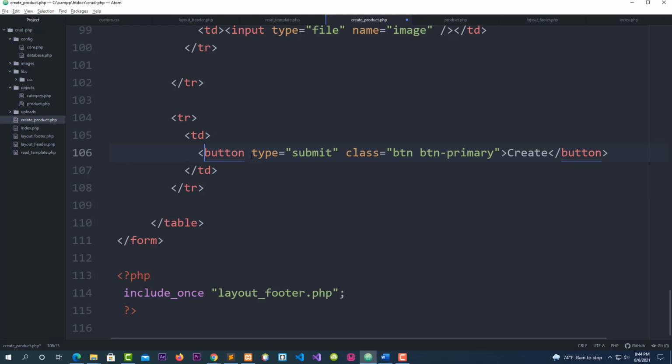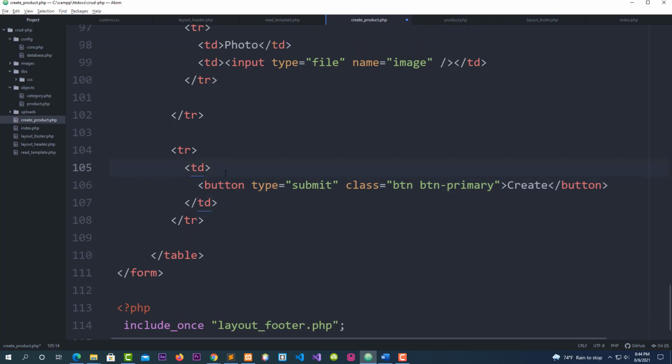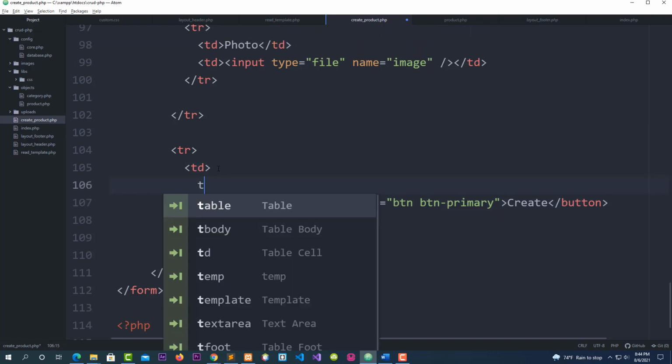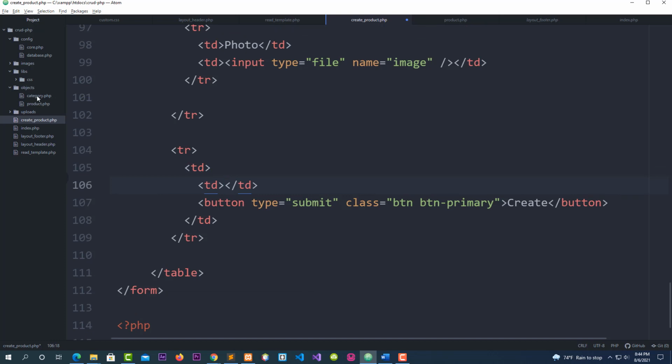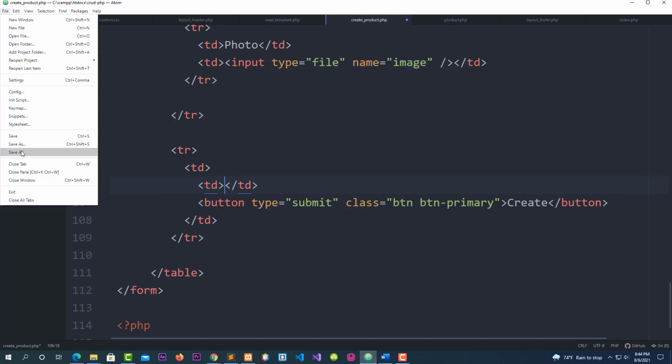Okay, button type submit, class btn btn-primary, create button. And let me pass on the table data here. I'm going to say td, and to see what's going on, save as,